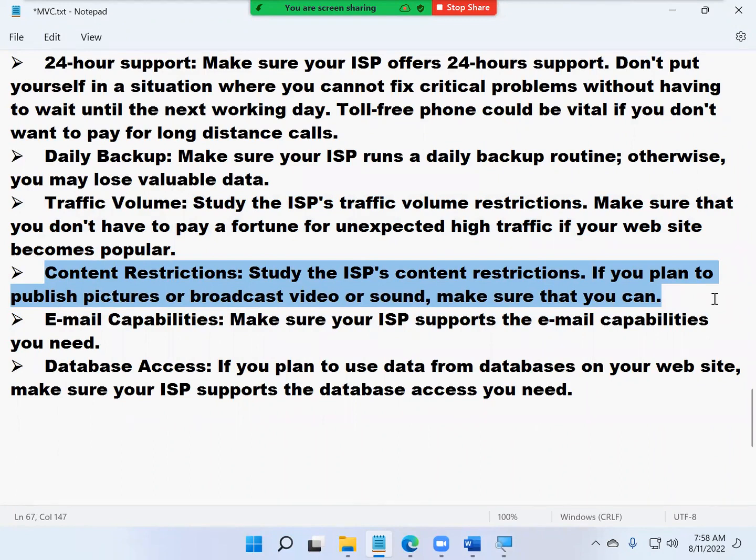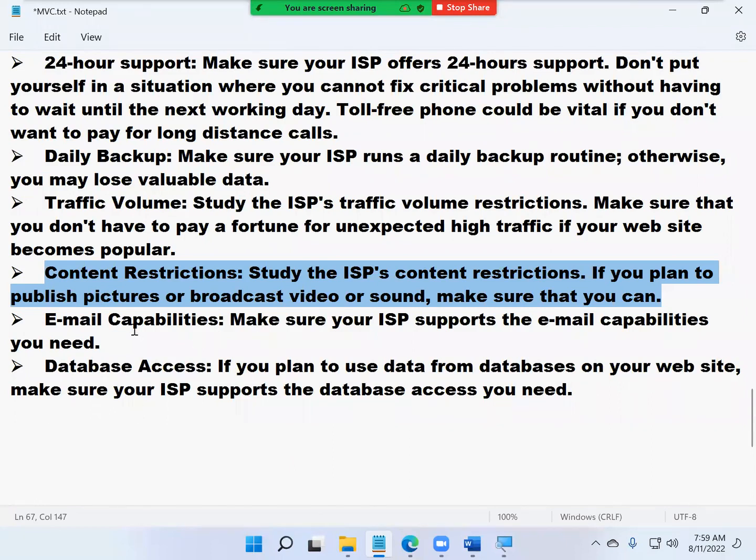In that, if you try to upload some videos and all, they may consume a lot of space. And today we don't have that particular problem. The reason is in HTML, we have that option. What option? You can upload your video in YouTube and you can link that video directly into your web page. Video will be in YouTube, but that will play for you in your web page. So that option is available already in the HTML and we don't require to worry about this. Videos, audios, all the things can now be stored on YouTube. And then finally, you can link them into your websites.